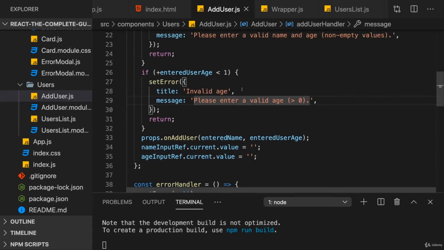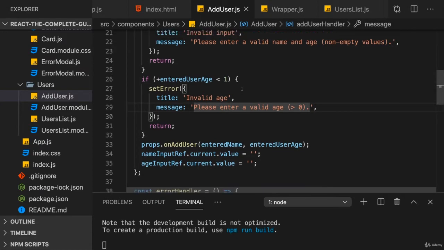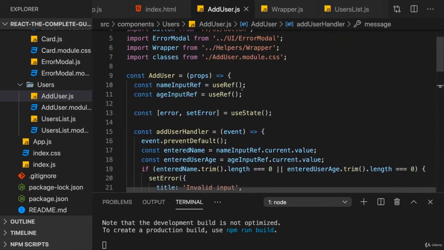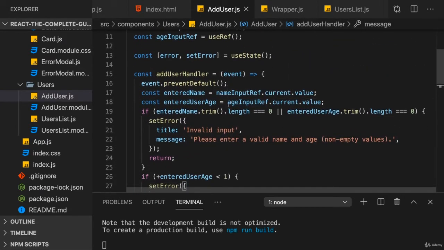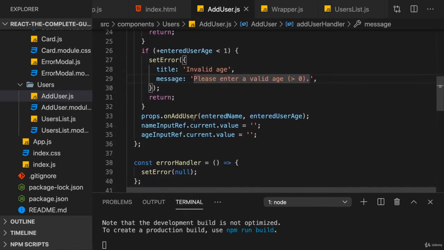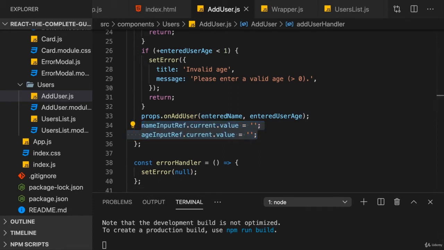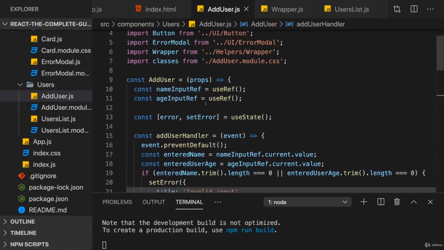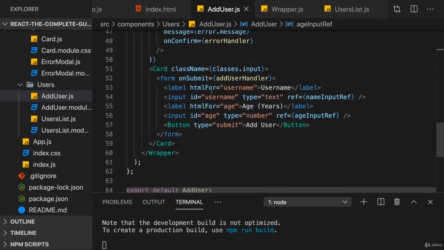Now, in the last lecture, we learned about refs, and I showed you that with refs, you have an alternative way of getting that user input, of accessing those input fields. And I also showed you this a little bit hacky approach of then still manipulating the input fields and resetting them if you want to do that. Now, this approach of using refs to interact with DOM elements, specifically with input elements, also has a special name.